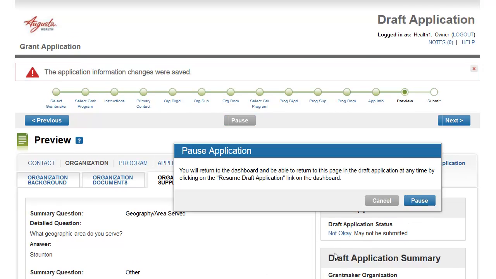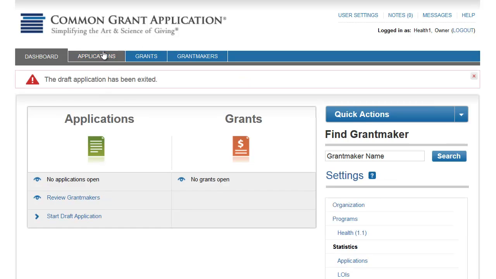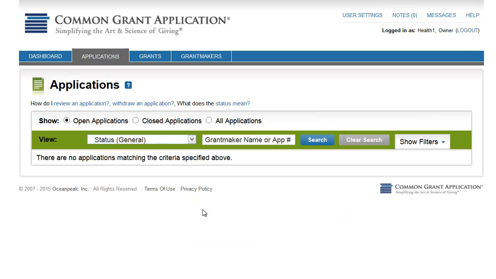Once I do that, my application will appear under my Applications tab, and I can review it there and save it. If you have any questions for the Common Grant